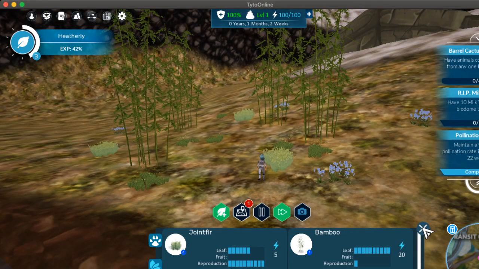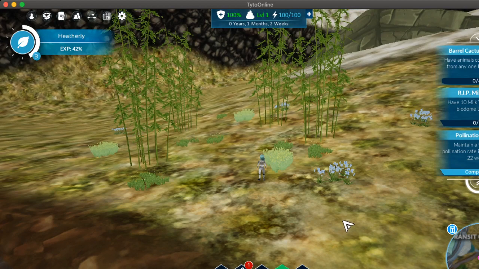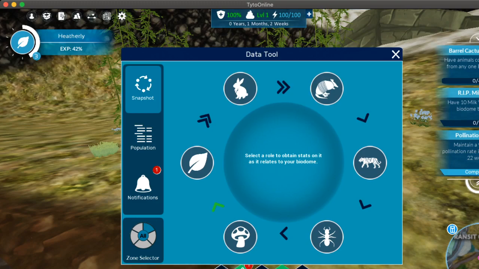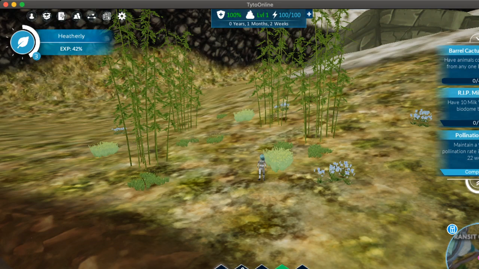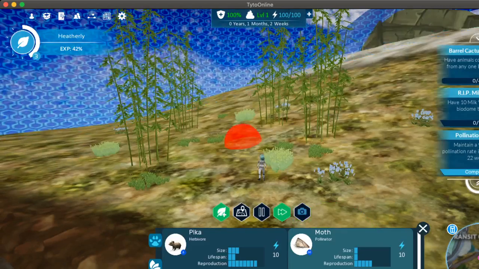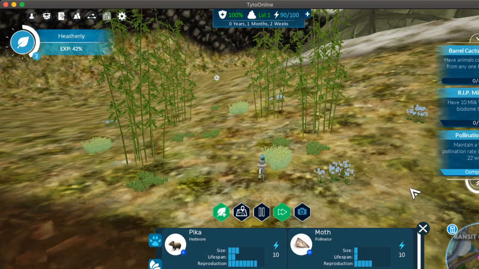All right, so we have William says, try the small herbivores. It's best to start small. I heartily agree. So before I do that, we have a little notification here. I'm going to pull this up and see what our notification is. And the notification is that over half of the blooming plants in this zone aren't being pollinated. Well, that makes sense because we didn't put any moths down. So I'm going to do that, and then all of the plants will be pollinated, and we can